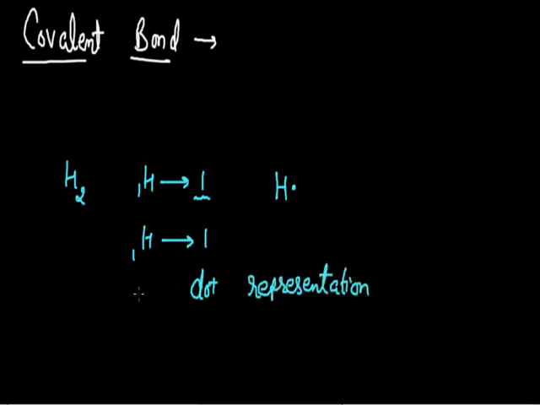And since this dot representation for the covalent bond was given by Lewis, the complete name for this kind of representation is Lewis dot representation for elements, or these are termed as Lewis symbol of elements. Now, if I talk about the another hydrogen atom, again it has one electron that can be represented by this kind of cross symbol. Now these two hydrogen atoms will go for the mutual sharing of electrons.